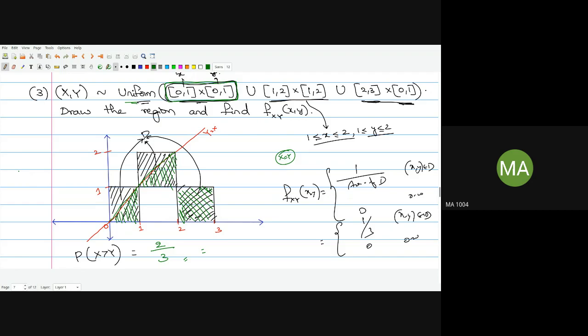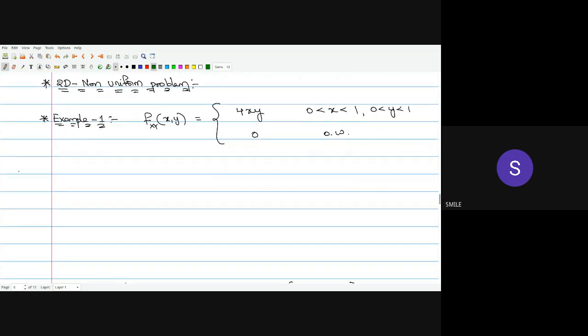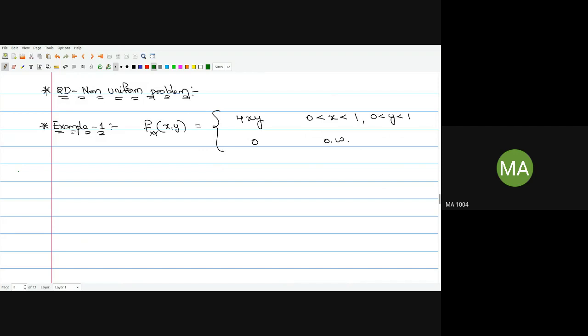Okay. So it was the same thing that we did when we moved from discrete to continuous, right? Yeah, when we discussed discrete to continuous, at a particular point, same thing. Here for a line it is 0, for there it was with a point. So that is for only uniform. Please keep this in mind, okay? If it is non-uniform, the problems will be like this. The joint density will have some variables x and y attached to it. If it is like this, area divided by area will give you wrong answers.